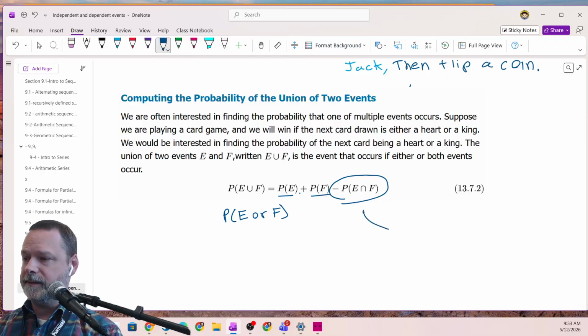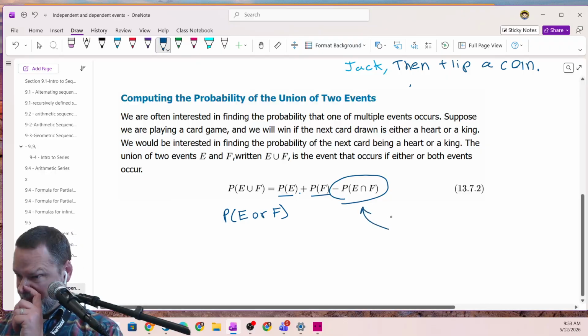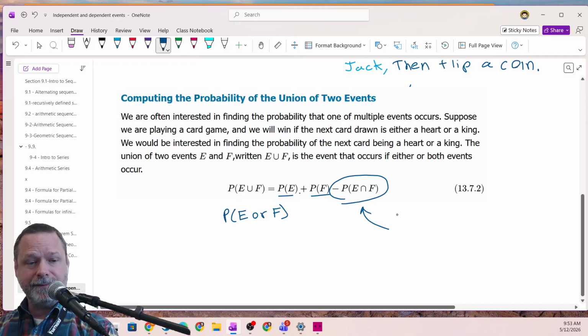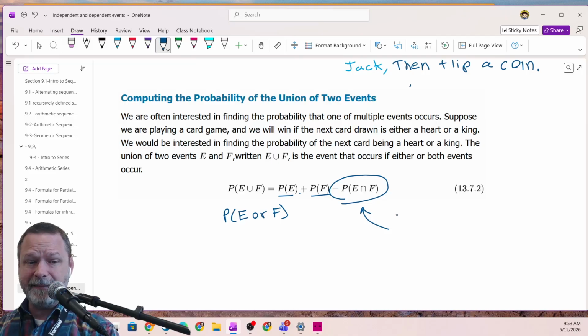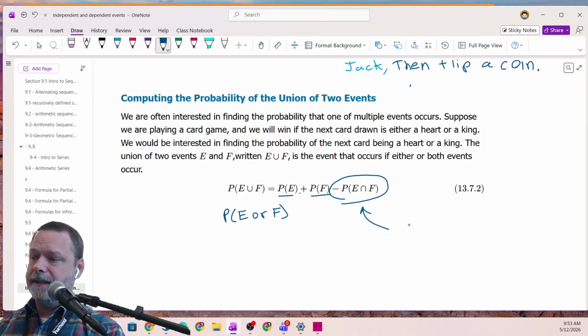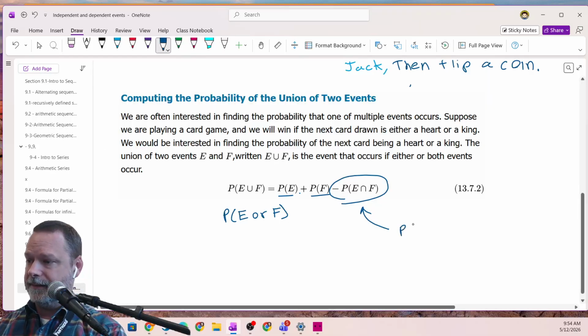That's what this means: take away all the ways that E and F happen at the same time. I've got to take that out. And so that's what this is. And when you see intersect, that's this upside down U. That means intersect. That's like an "and." P of E